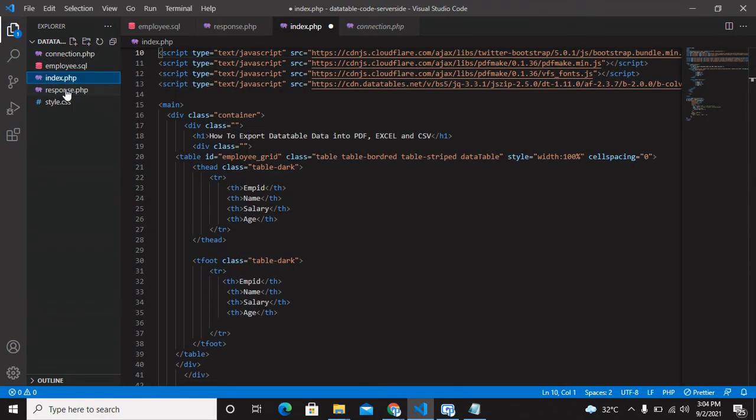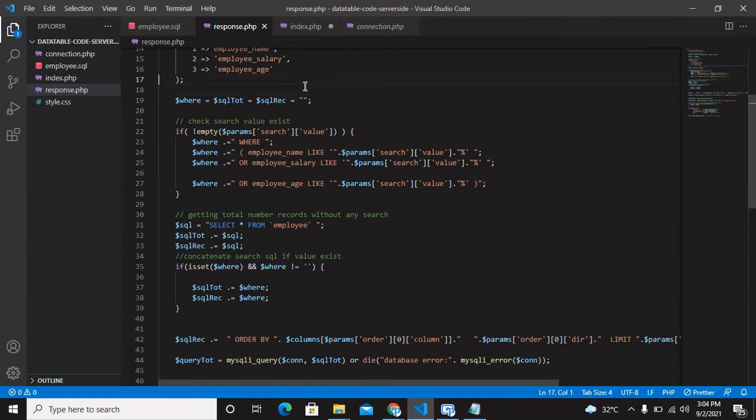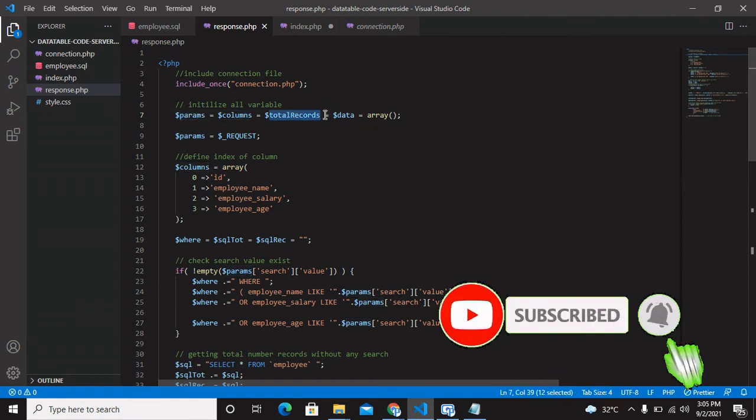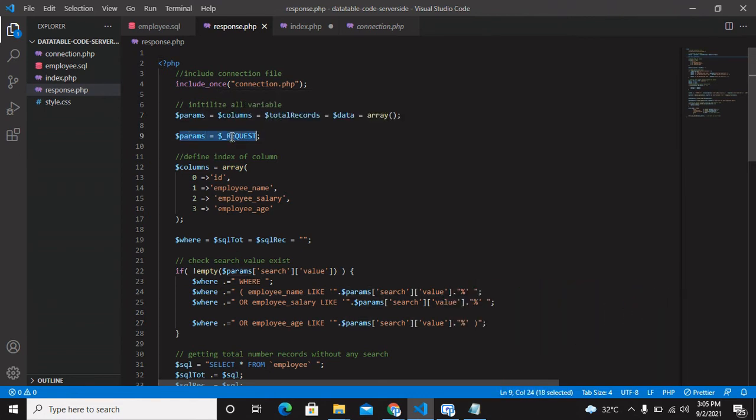Now we will open response.php, which will be called at the time of DataTable rendering using Ajax. At the top we have included connection.php, which is needed to connect MySQL to PHP, and we have defined some parameters for searching, column names, total number of records, and data. In param we have assigned all the GET parameters into the param variable.